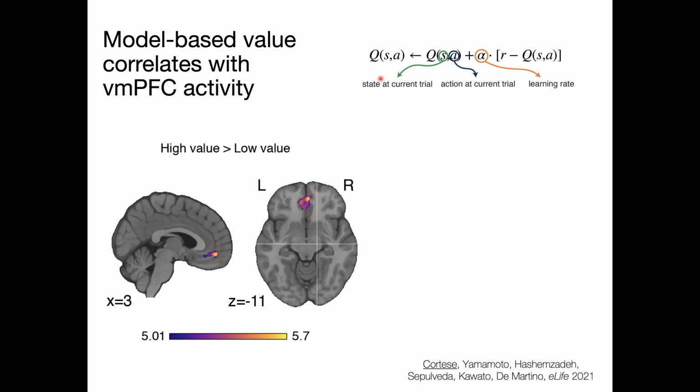Now, it's important for me to stress here that the value signal used in this analysis is computed with the best fitting algorithm on every trial, every block. So it's a value that can come either from the feature RL or from the abstract RL, whichever was best at explaining the behavior. Now we see this nice VMPFC value signal, but because of this, we might think, well, the brain has to construct this value signal from the visual information, because this is what participants are viewing at that time point.